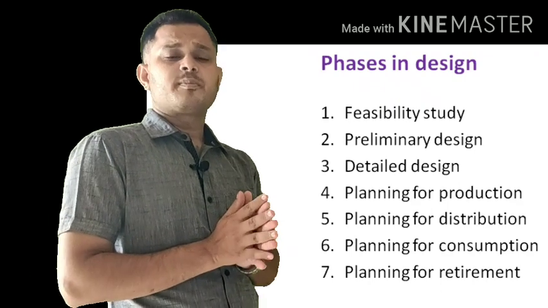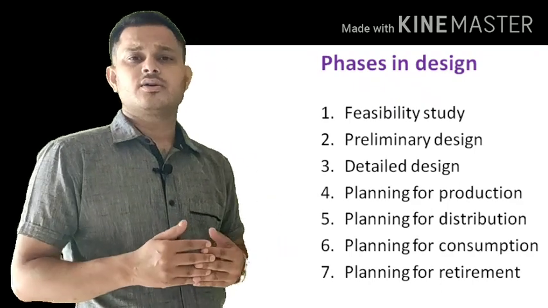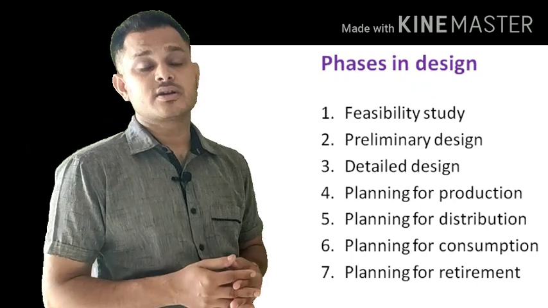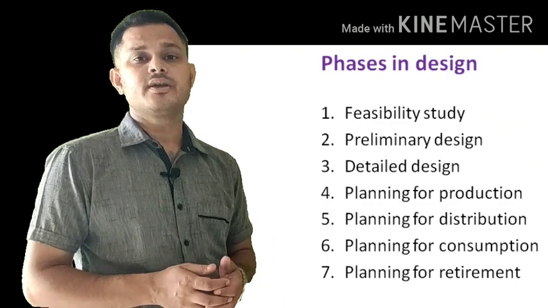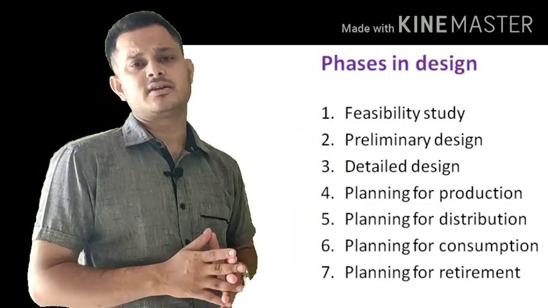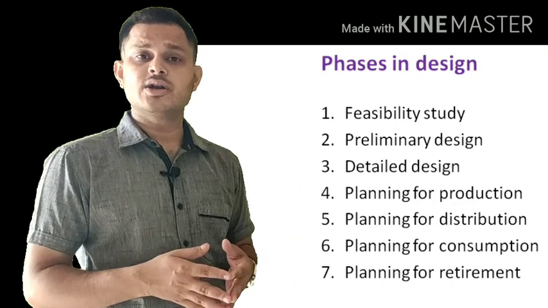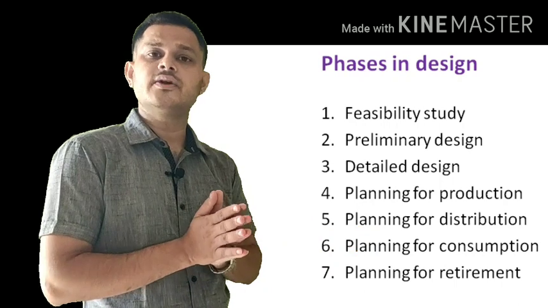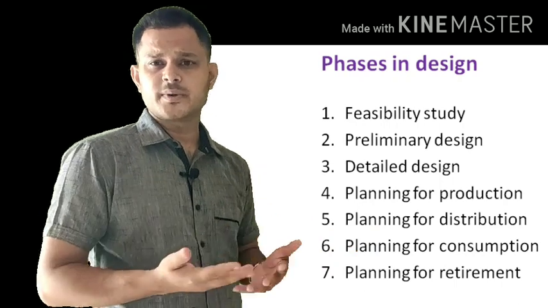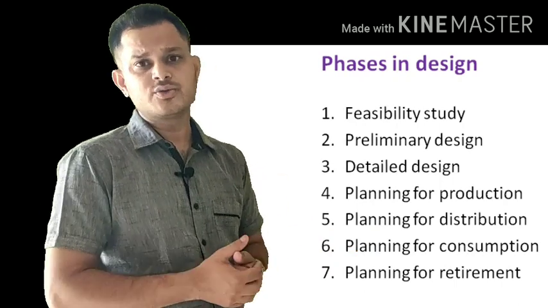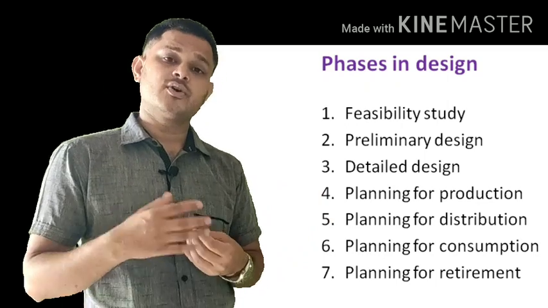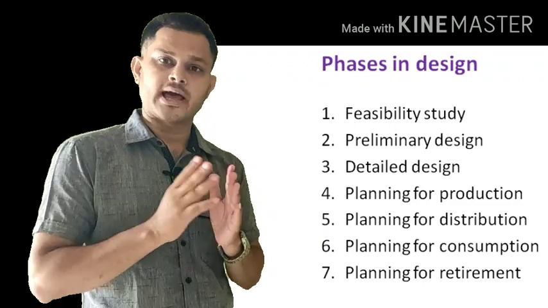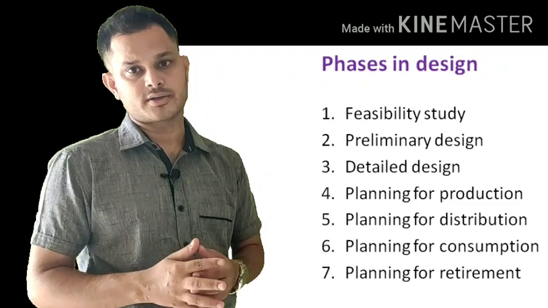After the production, the design engineer must also think of planning for distribution. Now how will it be distributed? If a product is prepared and manufactured, but it is not distributed among the customers in different zones, then it will not achieve its full purpose. The purpose of the product is its use only. So that has to be used. For customers to use the product, an engineer must plan for the correct distribution of the product.